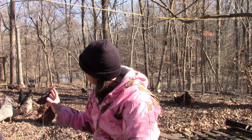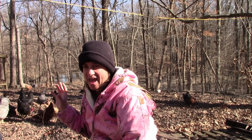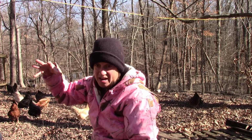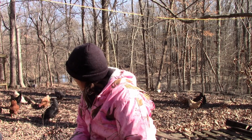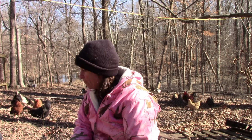This kind of netting would not work well on a farm that doesn't have the Great Pyrenees or a livestock guardian dog or something to protect the outside of the netting. It's a very flimsy netting. Predators can get through it in a heartbeat, instant. But we've got Fuzzy that really does protect this perimeter, and oftentimes she sleeps